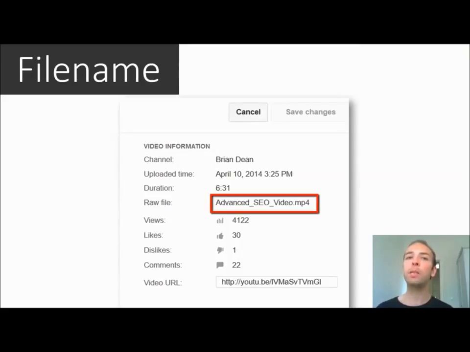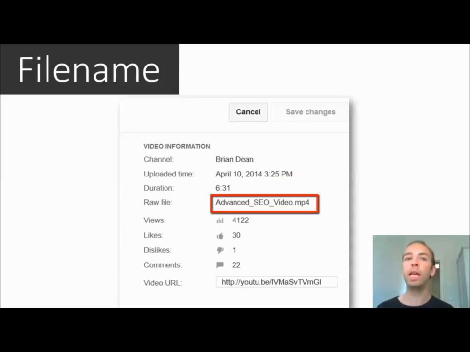And the first step is to make sure that your file name contains your target keyword. The reason I know this is important is because A, I've tested it, and also when you look at your video information, YouTube will show you the raw file that you uploaded. So it does keep track of the file name throughout the life of your video. And you don't want to keyword stuff or anything like that. Just make sure that your keyword is